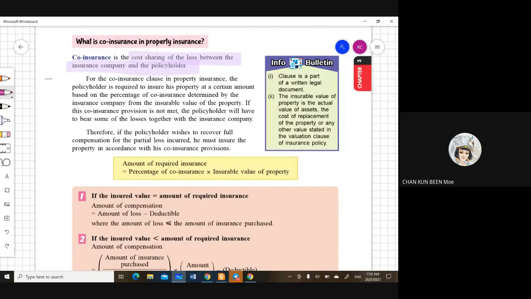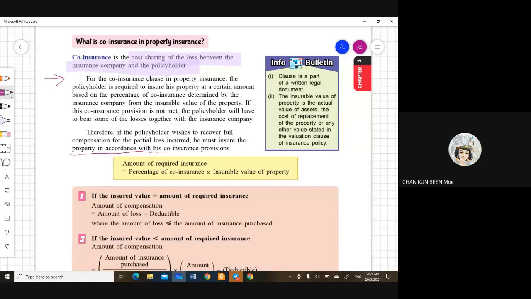So if you look at the paragraph given, the explanation is all here. For the co-insurance clause in property insurance, the policyholder is required to insure his property at a certain amount based on the percentage of co-insurance determined by the insurance company from the insurable value of the property. If this co-insurance provision is not met, the policyholder will have to bear some of the losses together with the insurance company. Therefore, if the policyholder wishes to recover full compensation for the partial loss incurred, he must insure the property in accordance with his co-insurance